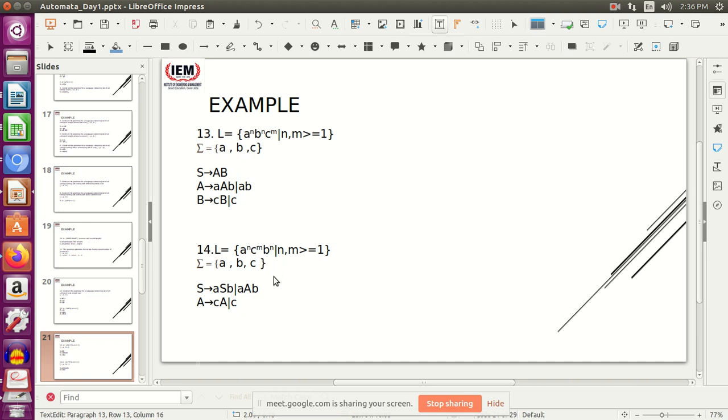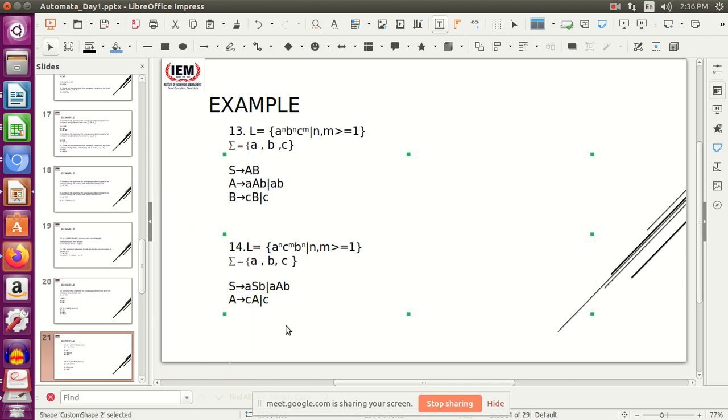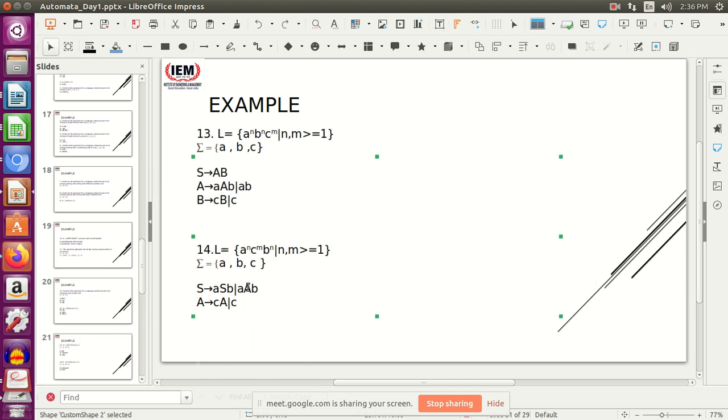Again, very simple. You guarantee the starting A and the ending A like this, and use this one also. One is ASB, another is AAB. Now, why is this required? This AAB is required for inserting the C part in the next line.